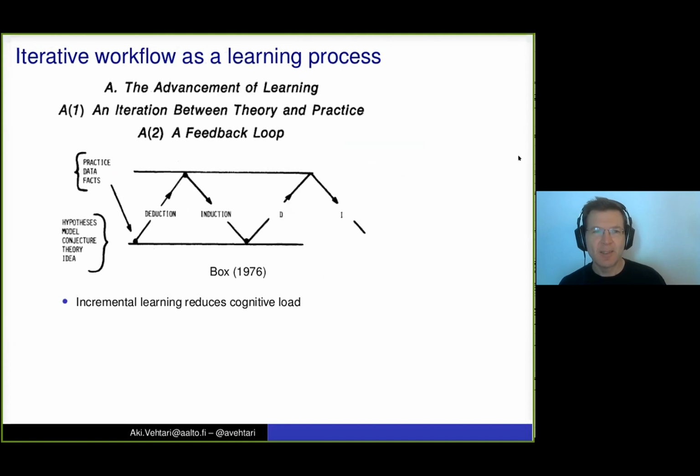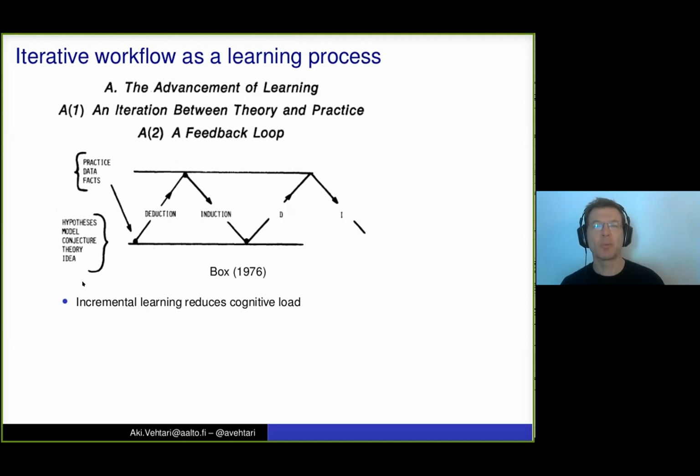But then again, in this talk, I want to emphasize now this iterative process as a learning process, and as a kind of engineering process. So even if we would be able to create our models easily, and then we would be able to make perfect inference, it's still likely that we don't want to make a very complex model right away.